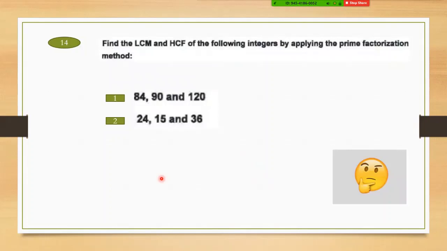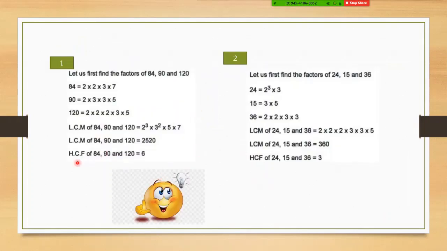Fine. And the answers are: for the first one, LCM is 2520, HCF is 6. For the second one, LCM is 360,